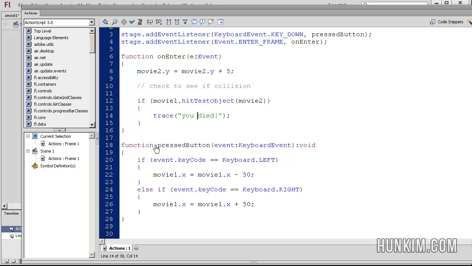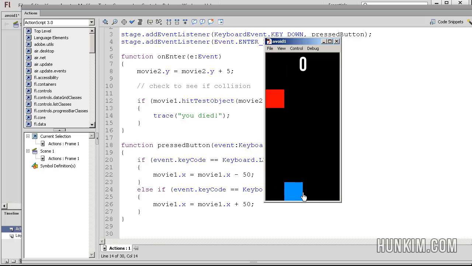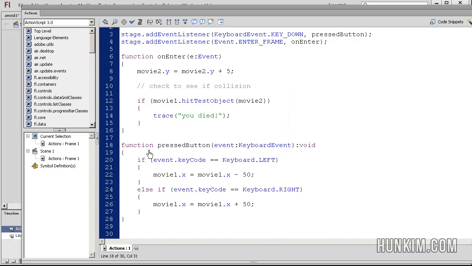And then when I press Control Enter, you can see that right now if I move, there is no message. Now be careful because we're so close here. If you're off by 1 pixel, it might actually hit it, but nonetheless we're fine for now. And then what about if you press the button? In the case that you do press a button, and this void statement, by the way, is optional. You don't even need that. It means the function doesn't return anything. If event.keyCode equals Keyboard.LEFT, these are blue special words built into Flash. Somehow if you push the left arrow key on your keyboard, the movie1's, the hero's X position is going